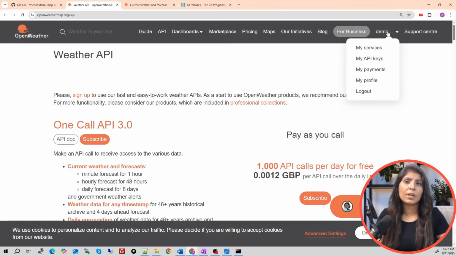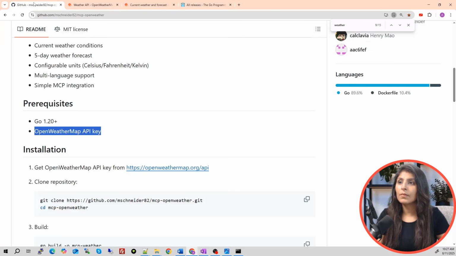Click on this arrow over here. Click on My API keys. You will see Generate API key. Click on Generate API key and you will get your API key. Save that API key somewhere, because we need it when we are going to write our code. Okay, so this is the second prerequisite. So now we are done with these two steps.